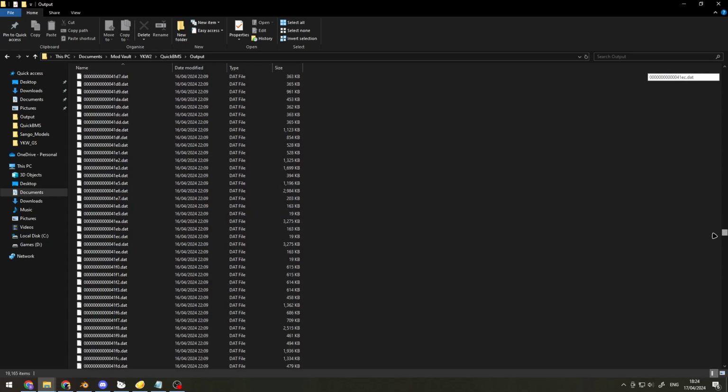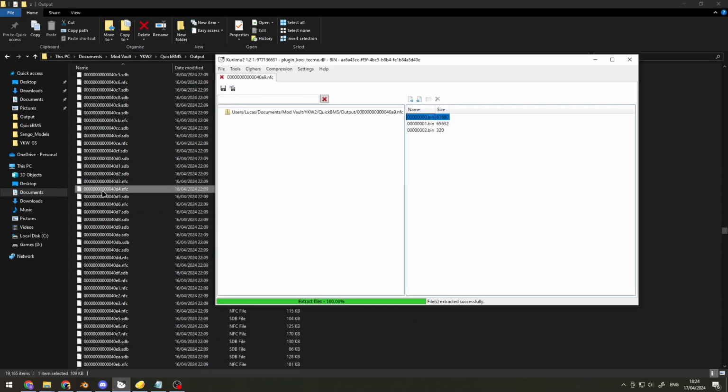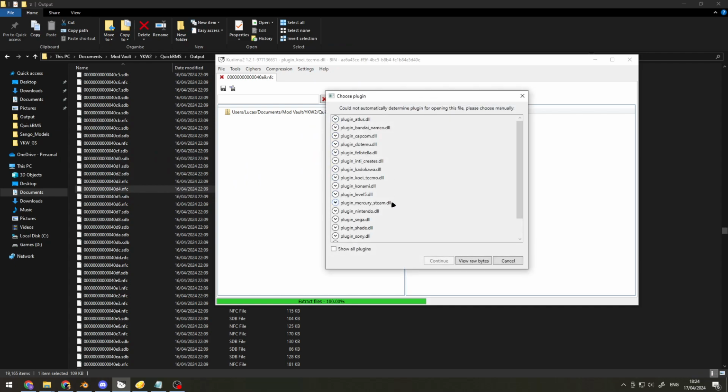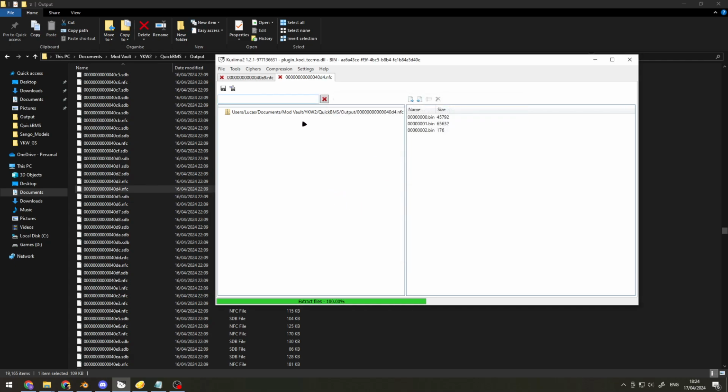So we're going to find an NFC file. So yeah, we're going to find this one right here. And we're just going to drag and drop it into Kurrimu 2. Kurrimu 2 is the one you need for the extraction of these models. And then you're going to see this, because it doesn't know what to do. Just press Koei Tecmo, or whatever it's called, and then press the first one, bin. Now you're going to see